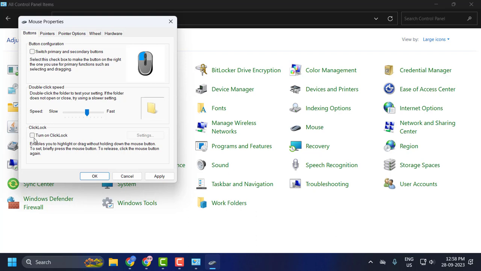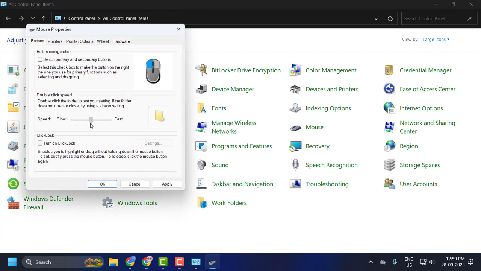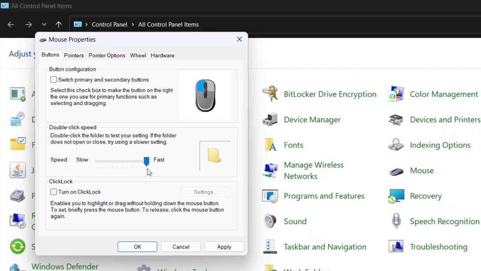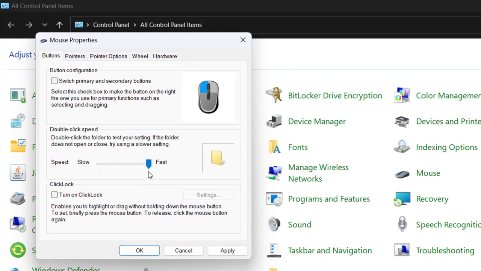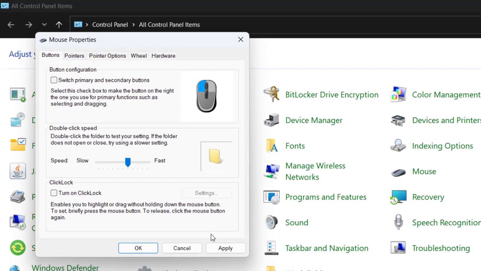Click lock is unchecked over here guys. If turn on click lock is on, you just need to uncheck it guys. If in your computer that is turned on, after doing it, change this by your preferences, slow or fast. In my case I have adjusted it to the fifth number of the fast guys. 1 2 3 4 5, I selected the fifth number before the fast, and select apply and OK